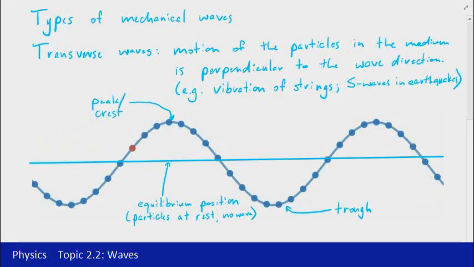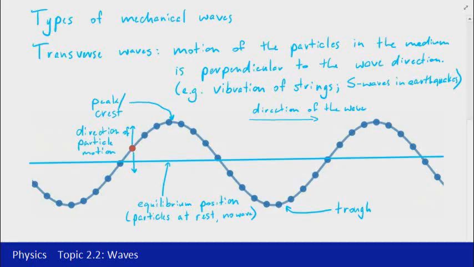Now the other thing to note, we saw that the direction of the wave was to the right. So we need to be clear on that. That's the direction of the wave. But at the same time, let's say we go back to this red particle, we saw that the red particle was simply moving up or down. Those lines represent the direction of particle motion. So we can see there that the particle itself is moving perpendicularly to the direction of the wave itself.